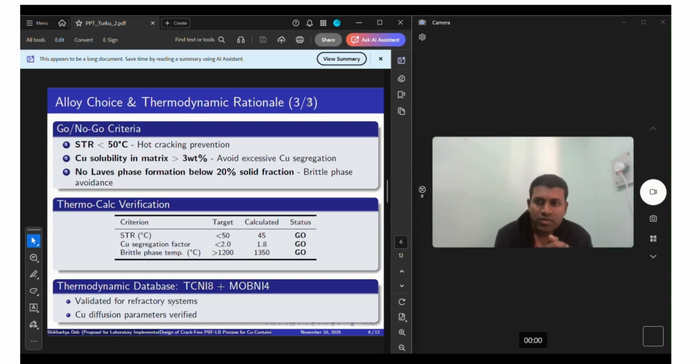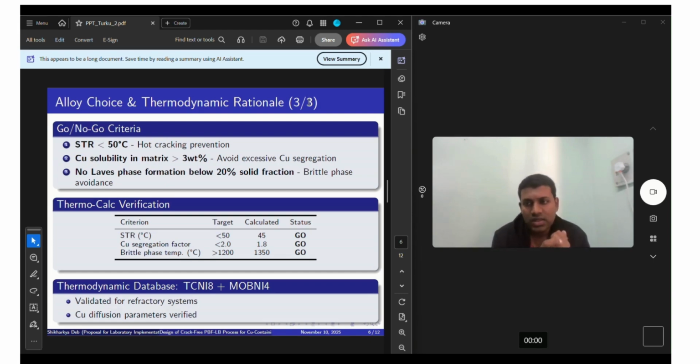Next comes the solubility of copper in the matrix, which is larger than 3%, avoiding excess copper segregation. The liquation cracking mechanism is that if copper has very low solubility in the solid, it will be forced into the remaining liquid during solidification. If the copper concentration in the liquid becomes high enough, it can form low melting eutectic phases that remain liquid until much lower temperatures. The danger of copper-rich liquids is that they have very low strength, wet grain boundaries, and can cause severe cracking under